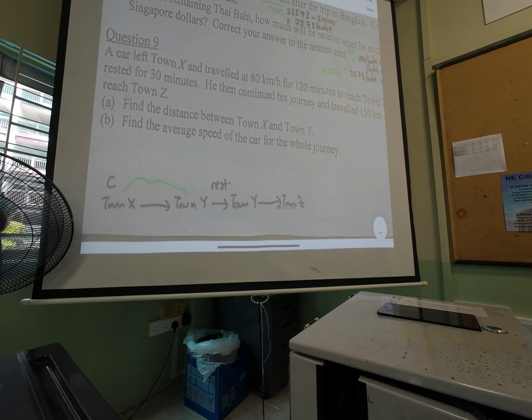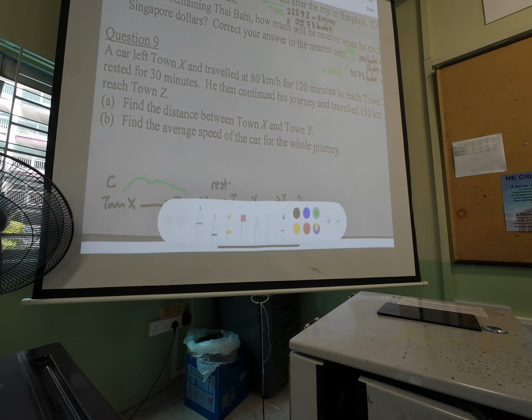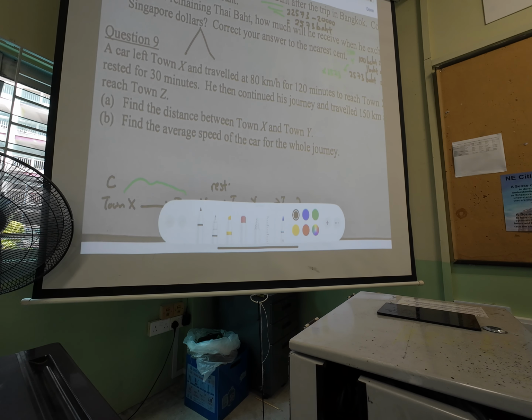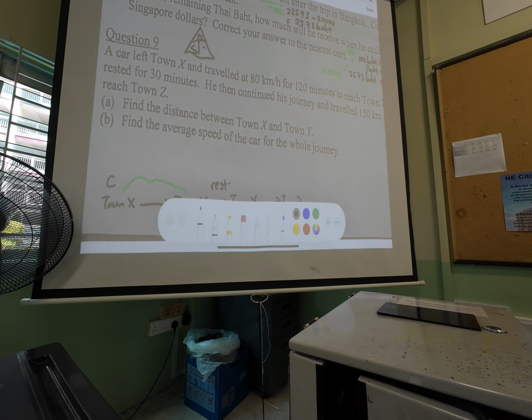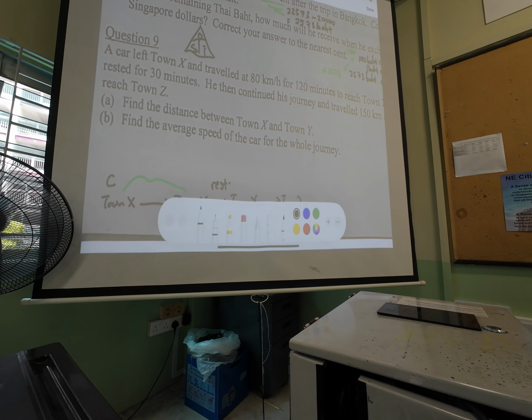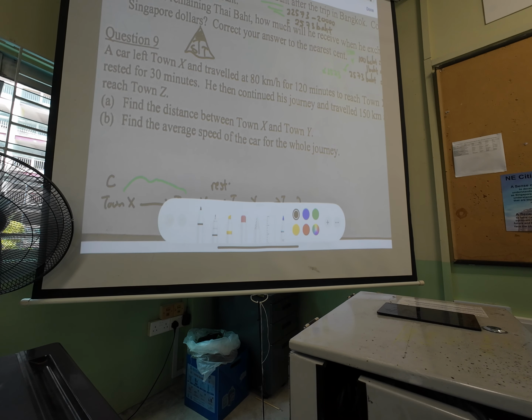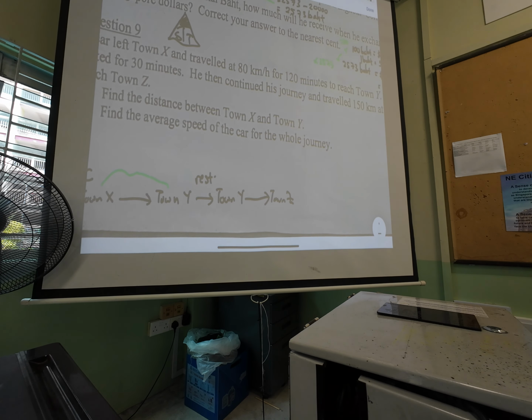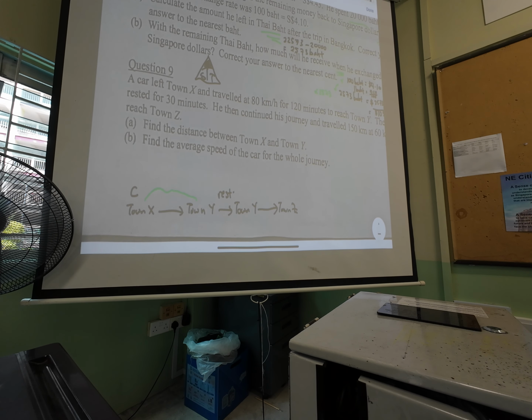So distance, speed, time, they are all linked together by DST. Distance is speed times time. Because if I cover my D, distance, I cover D. So distance is equal to speed and time, side by side. So it means speed times time. Okay, so when I want to find the distance between town X and town Y, I will find distance equals